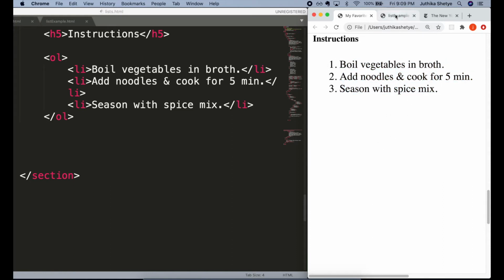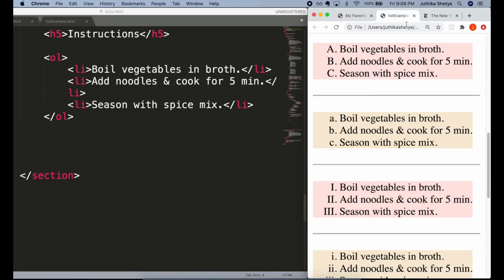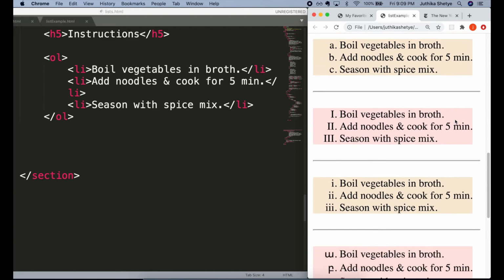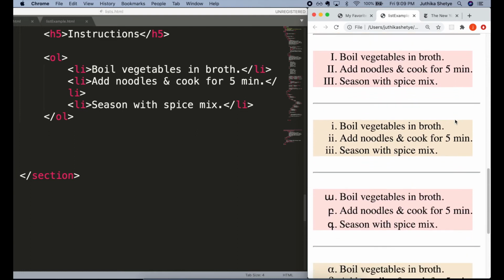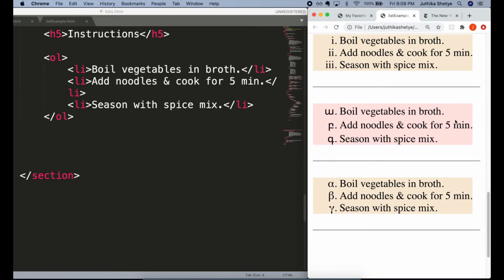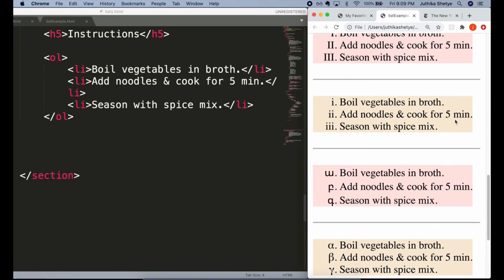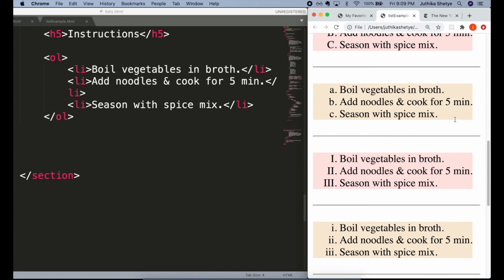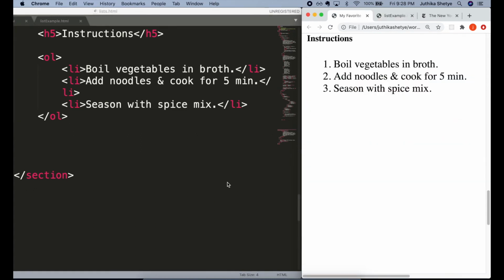So typically, ordered list items display like this with a preceding number marker. But just like an unordered list, you can change these markers in CSS. Instead of regular numbers, you can have uppercase or lowercase letters or even Roman numerals. These examples are all ordered lists where I have changed the numbering style. And there are many more options for how counting can work in an ordered list.